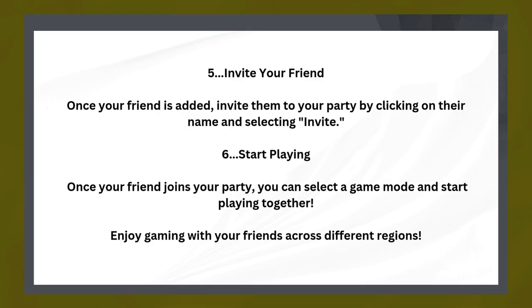Number 6. Start playing. Once your friend joins your party, you can select a game mode and start playing together. Enjoy gaming with your friends across different